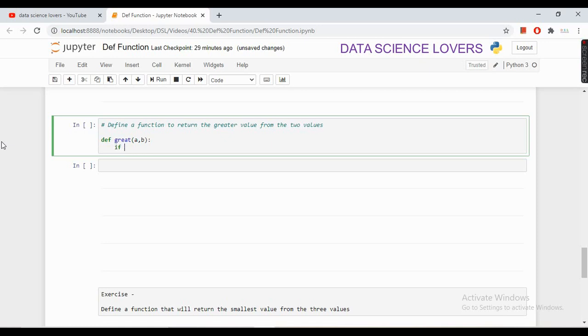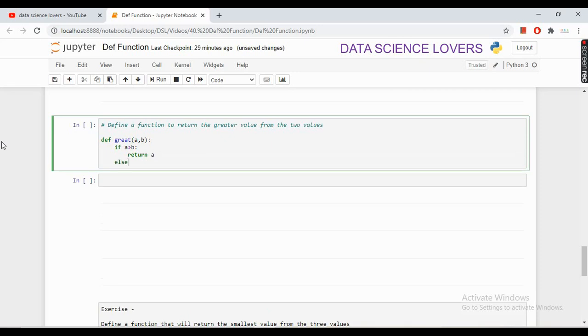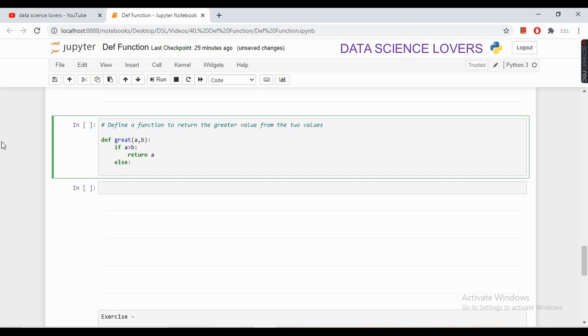If I write if a is greater than b, then it will return a, else it will return b.